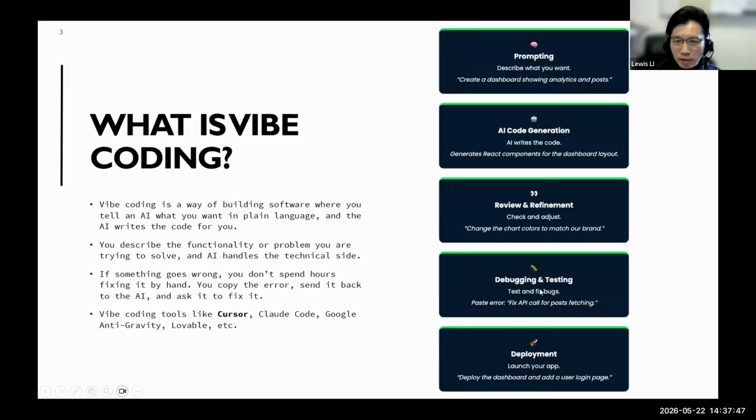If there is an error, you will have to debug it and also do some testing before you can deploy the application. So this is the vibe coding process, which is very different from the past, where every programmer had to write the code from start to end, and debug and evaluate the code. Now this process is streamlined. The AI will help you generate the code, but you have to review the code yourself. To some extent, all of you benefit from this AI process, which streamlines your workflow.